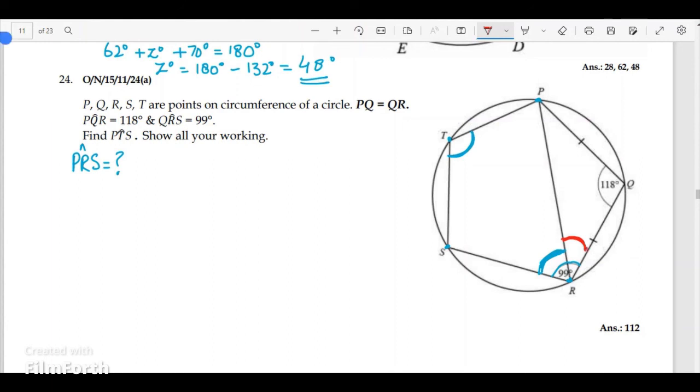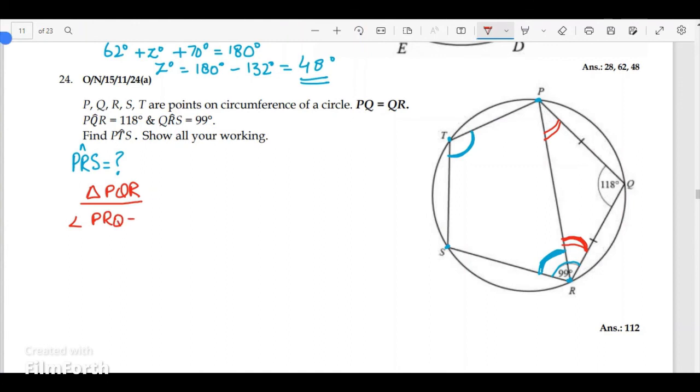So for figuring out this angle, I'm going to look at triangle PQR. Find that PQR is an isosceles triangle, so base angles would be equal. This angle would be equal to this angle. So if I have to find angle PRQ or QRP, however you want to write it,